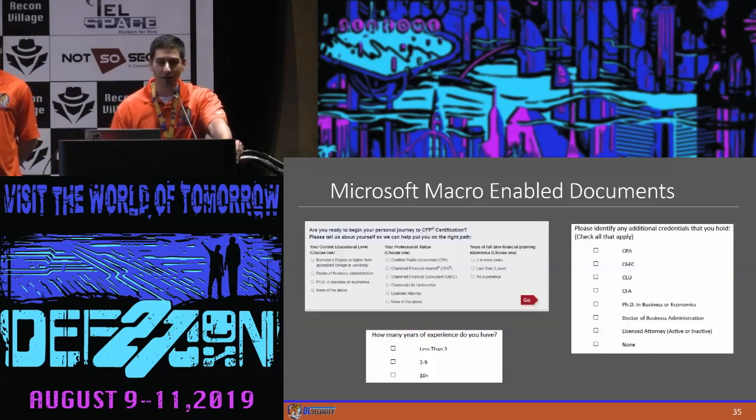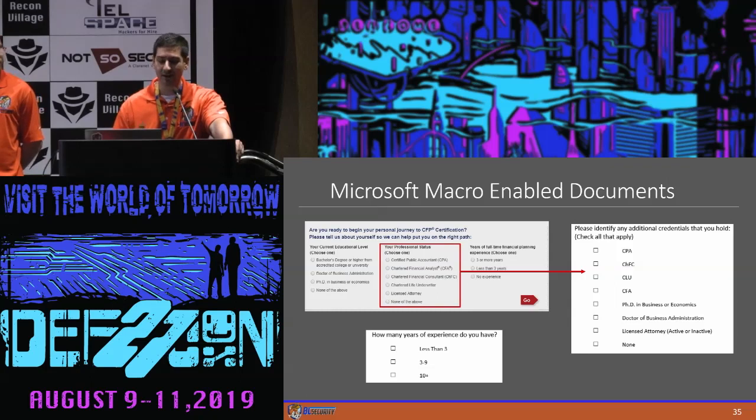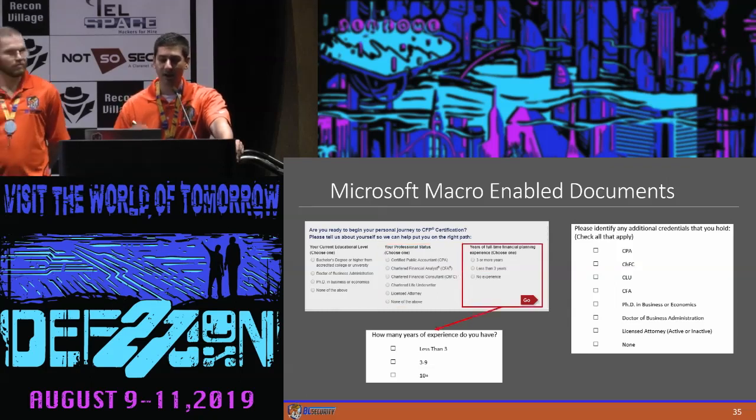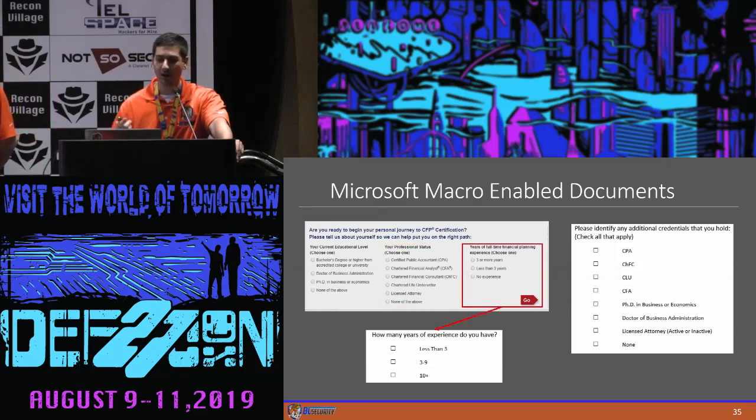They send out a lot of newsletters and surveys all the time. I signed up for their stuff to do some recon on that, and this is some of the stuff that would pop out of there. They'd ask, what other certifications do you have? How long have you been doing your job? And what kind of education do you have? So we took that as well and threw it in there, just to add a little bit more noise into our Word doc.